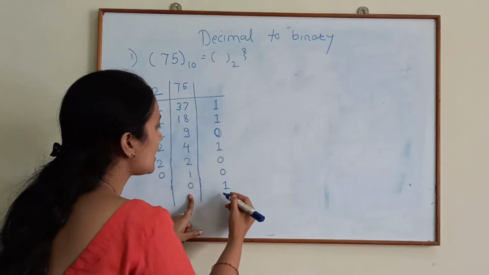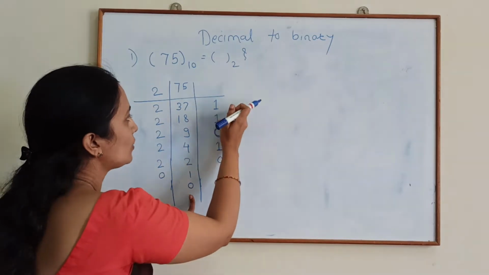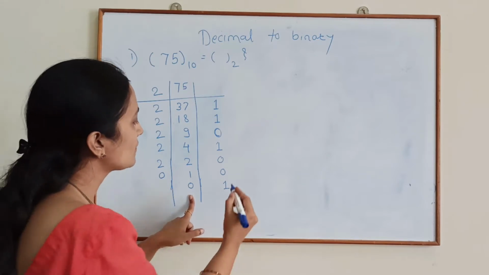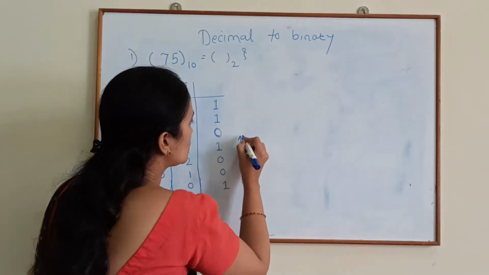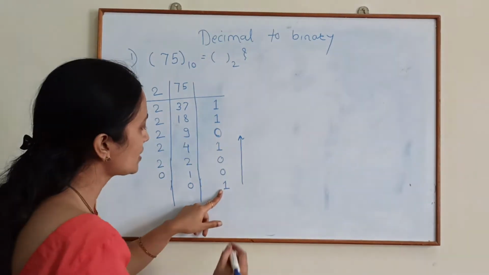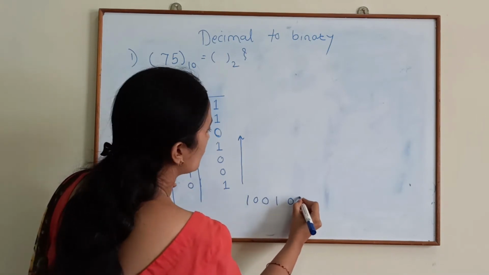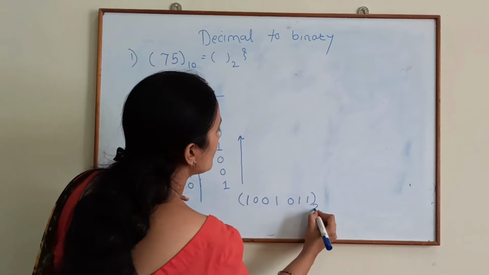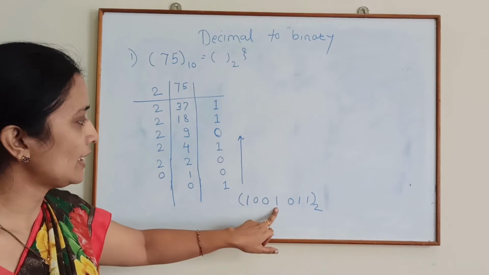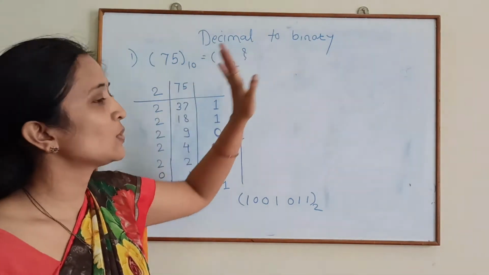Now, these are the remainders. These remainders, if you see, are either 0 or 1, and these numbers will form the binary equivalent. How will it form? From down to up. In this order we have to write the numbers: 1, 0, 0, 1, 0, 1, 1. This is the binary equivalent of 75: 1 0 0 1 0 1 1. This is the actual method for converting decimal to binary.